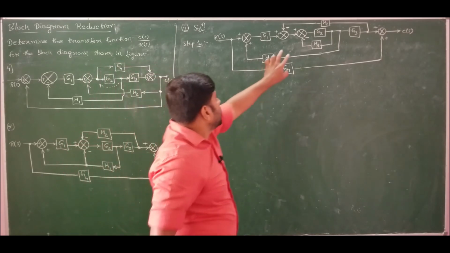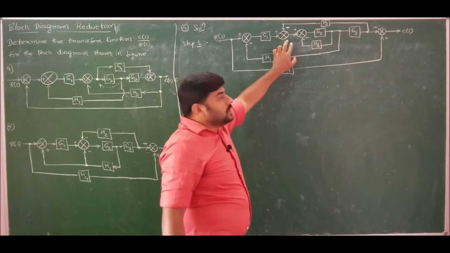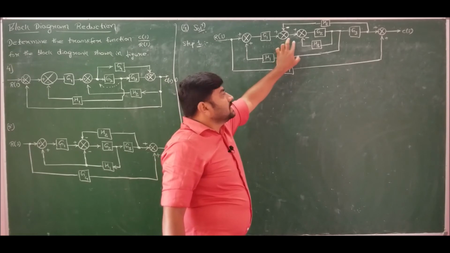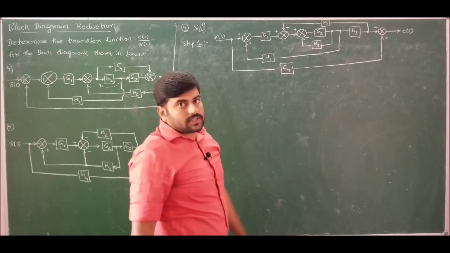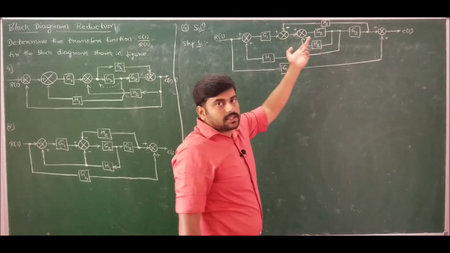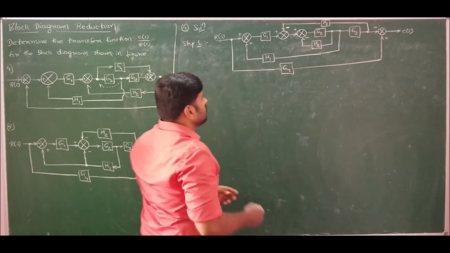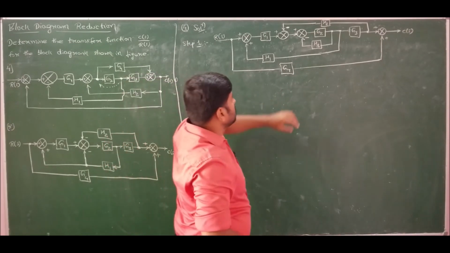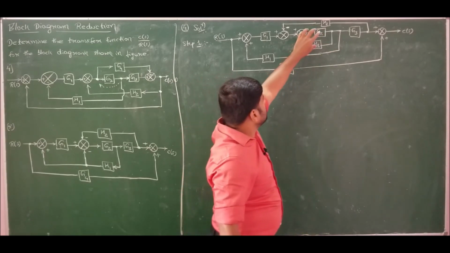Okay, this you can write whichever is convenient for you, because interchanging this will not make any difference. This you people already know, that is our first rule. So therefore I can join it to this and interchange it. That is also correct. It does not make any difference. Why did I write it like this? It's because this is a minor loop. I can close it. So now let me close this minor loop.